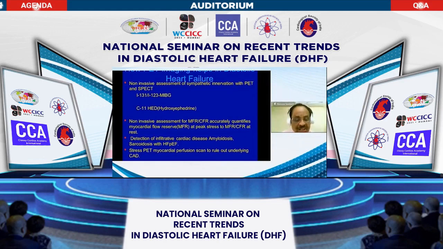Then detection of infiltrative cardiac disease, amyloidosis and sarcoidosis, with heart failure with preserved ejection fraction. Then finally, the stress myocardial perfusion scan to rule out underlying CAD, hypertension, diabetes, and other causes where the ejection fraction will be reduced. But if we can rule out that the ejection fraction is reduced, then we can label them as